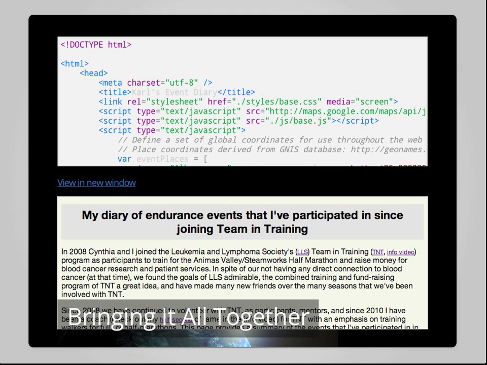Finally, I have a demonstration of a more complete web page that brings together many of the concepts that we've been discussing last week and this week. And this is a sample web page that I'm still in the process of actually developing for myself, and I still have some content to add to the body of it, but all of the structure has been defined, as is the map interface. So now I'll open this up in a new window so we can see what the